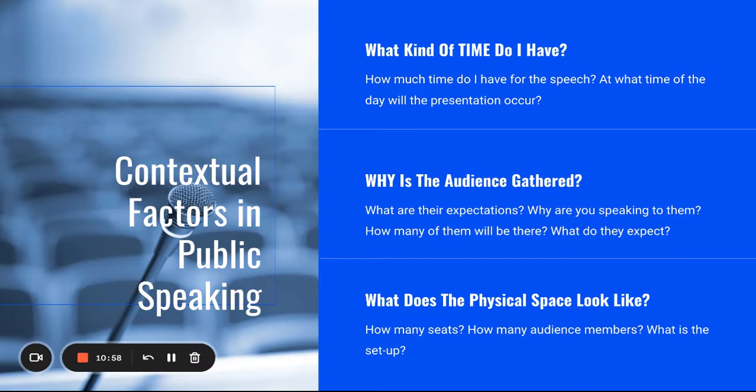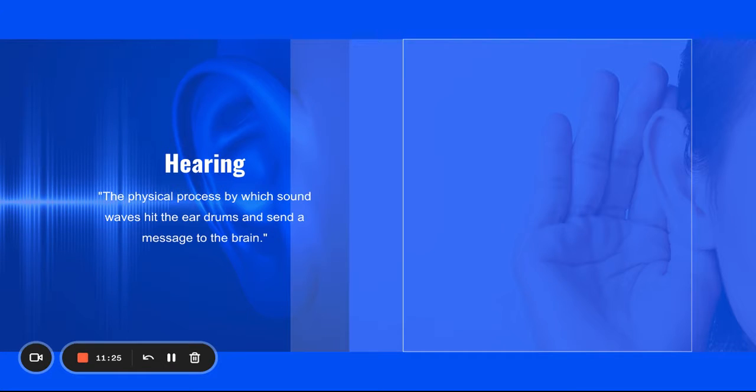If it's a close room, if the stage is down lower, if you have closer proximity to your audience, you're not going to have to make as many extra efforts to build a connection with them. But if you're set apart pretty far from your audience, if it's a large room, if there are a lot of people, then there's a lot more information you may want to put in to make a connection to the audience, because it's going to be hard for you to do that just based on proximity.